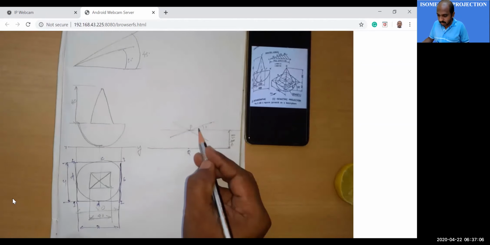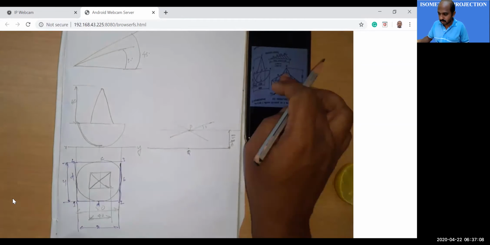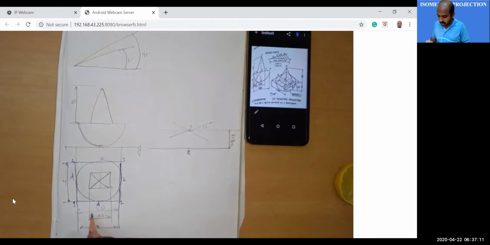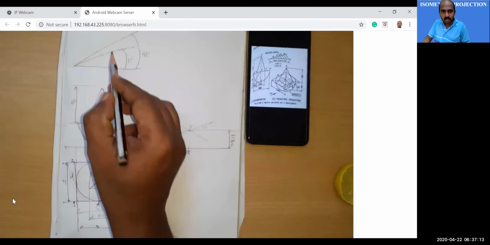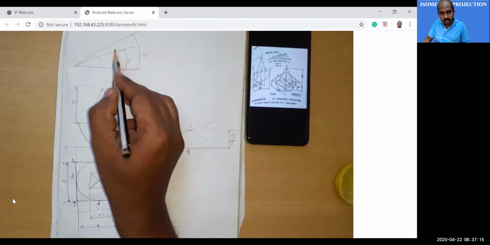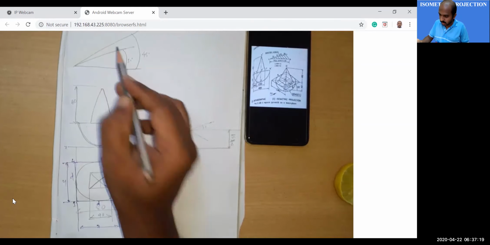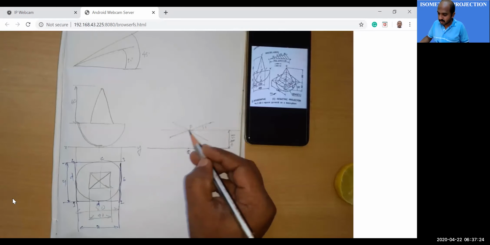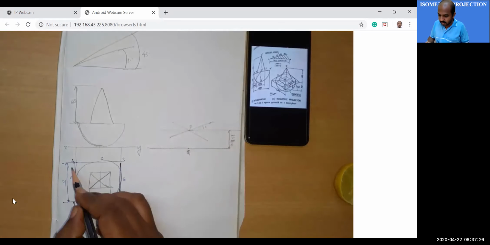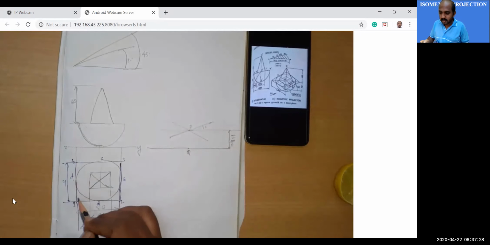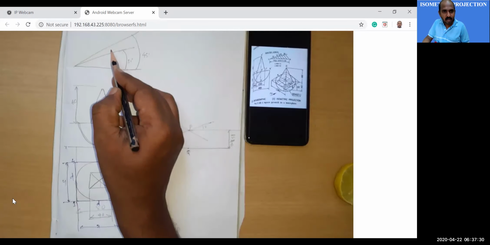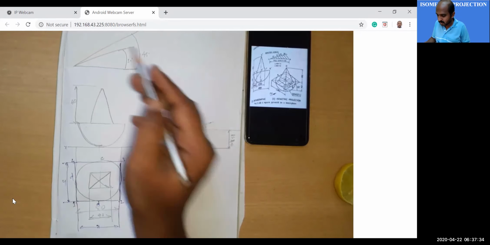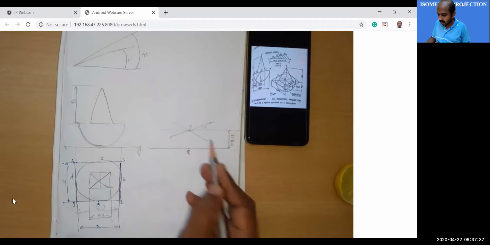Then you take the isometric length corresponding to it. Correction, actually this is 80. So you can mark the 80 here. Then you will get the isometric length corresponding to 80. Then you mark half of X to the right, half of X to the left. Similarly, you measure Y, which is again equal to 80. From here you will get the isometric length corresponding to 80. You take half of this downwards and upwards.